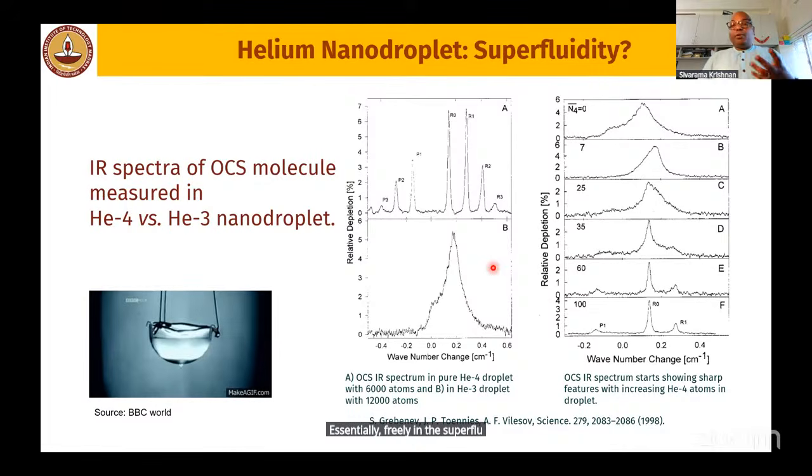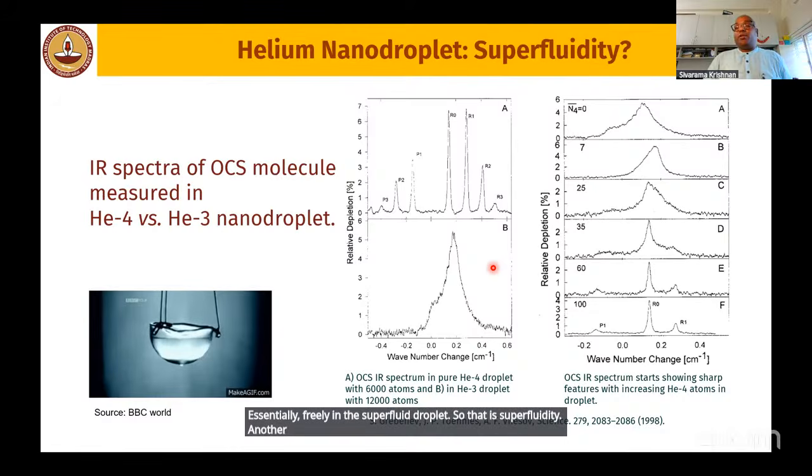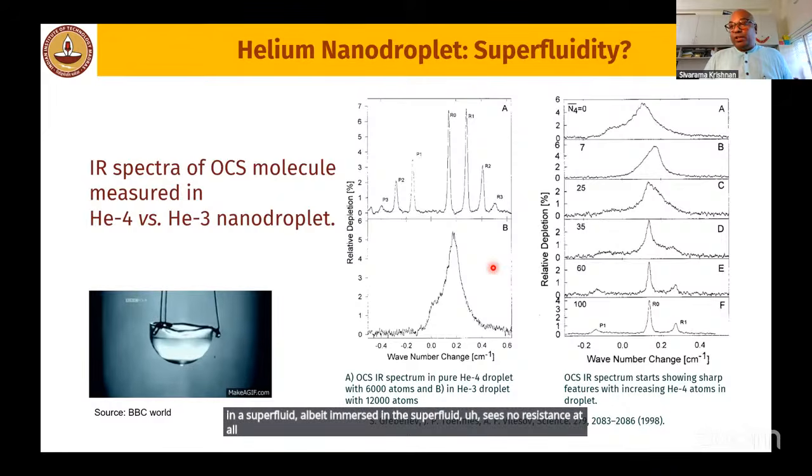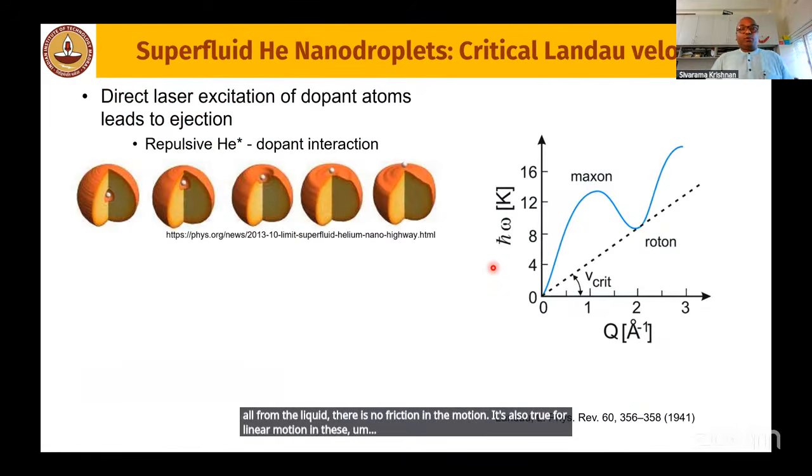So that is superfluidity. Another manifestation of superfluidity on the macroscopic scale, the Andronikashvili experiment essentially showed that a paddle rotating in a superfluid, albeit immersed in the superfluid, sees no resistance at all from the liquid. There is no friction in the motion. It's also true for linear motion in the superfluid,